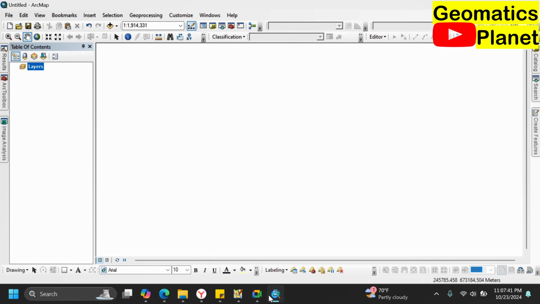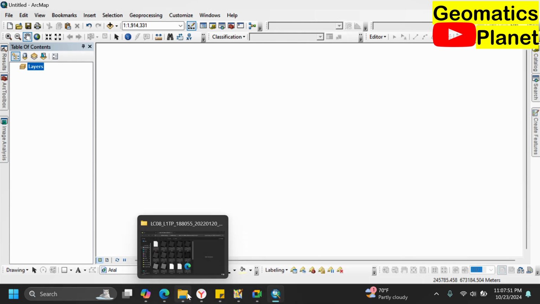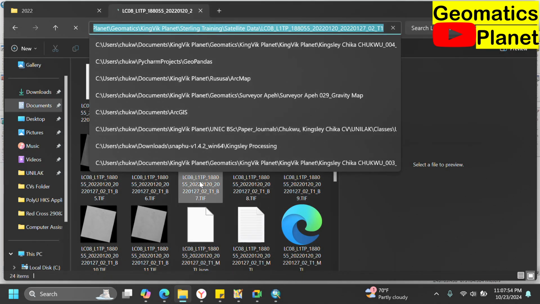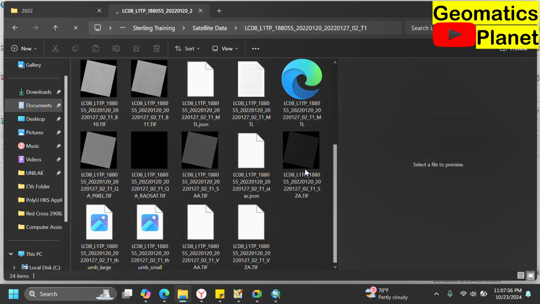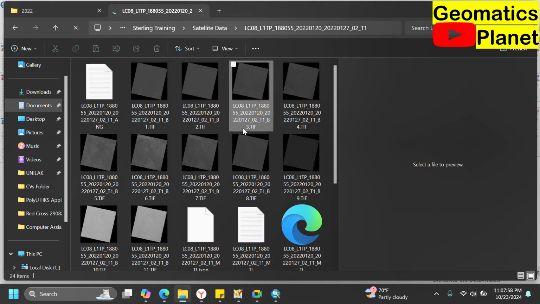Today we're going to be working on unsupervised classification. And when we're done with this, we will go ahead with the supervised. But before we go ahead, in unsupervised classification, we're going to use the same data we use in supervised to do unsupervised classification. I'm going to use Landsat 8 that is covering Anambra